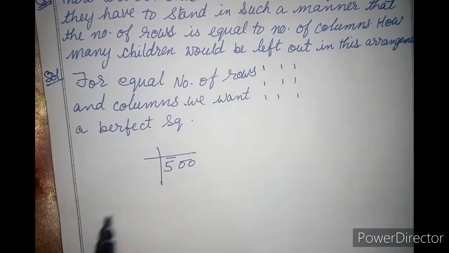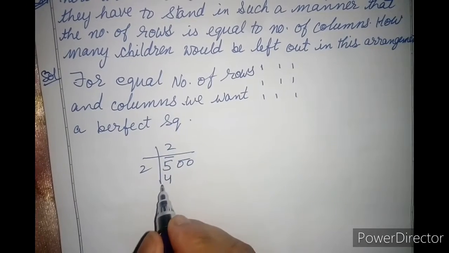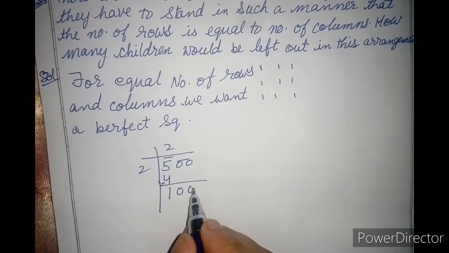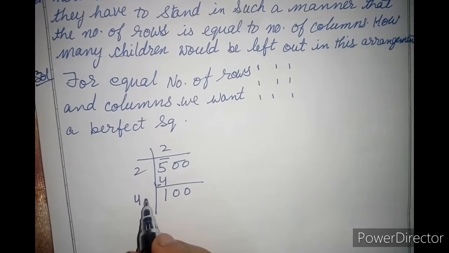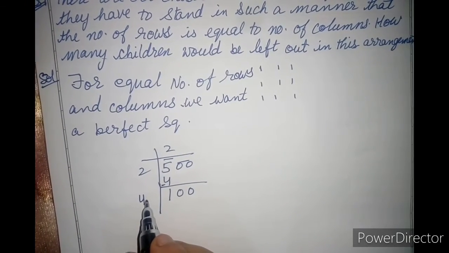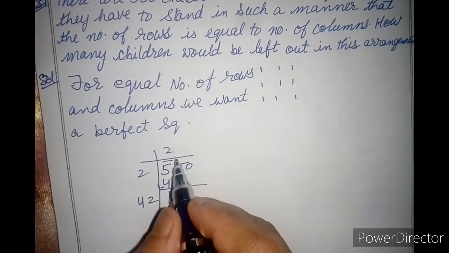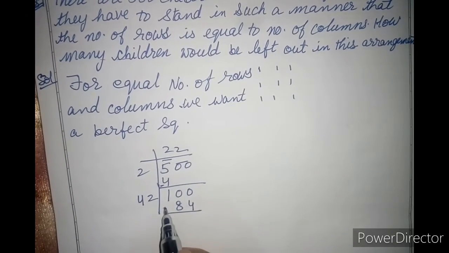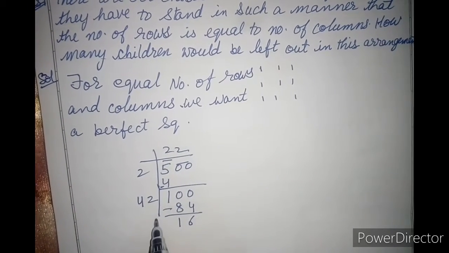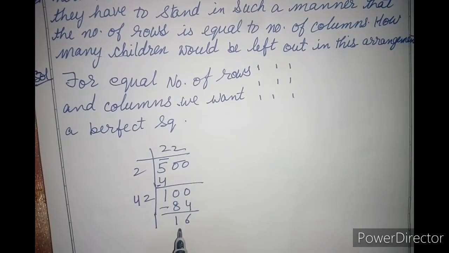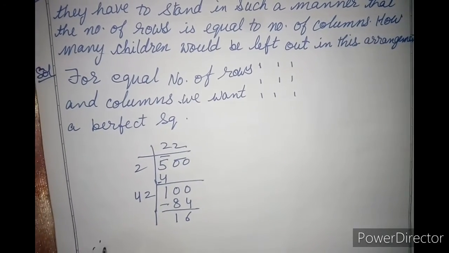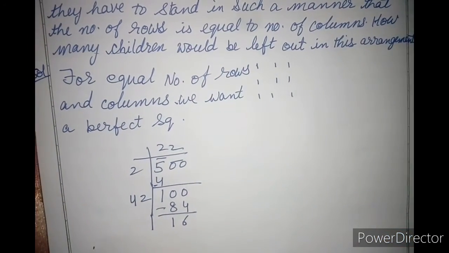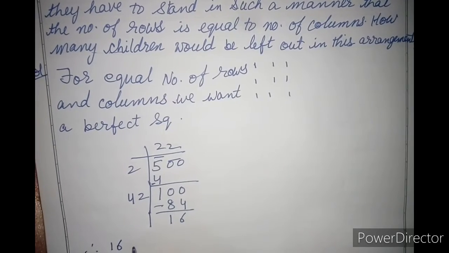the square root of 500. Make pairs, 2 2s are 4. By the division method I am finding 1 double 0, 2 ka double 4, 44. Now 42 2s are 84. On subtracting you get 16. Is it clear? So 16 students are extra. Therefore we have to write how many children will be left in this arrangement. Therefore 16 children